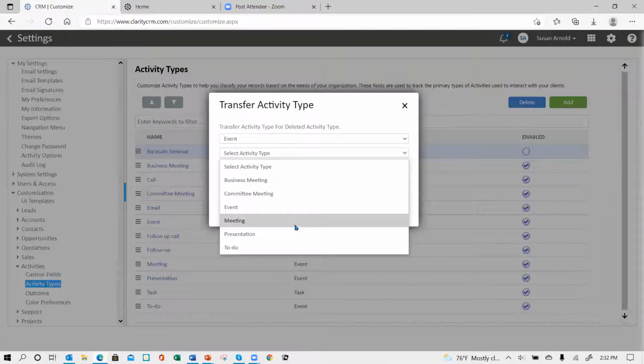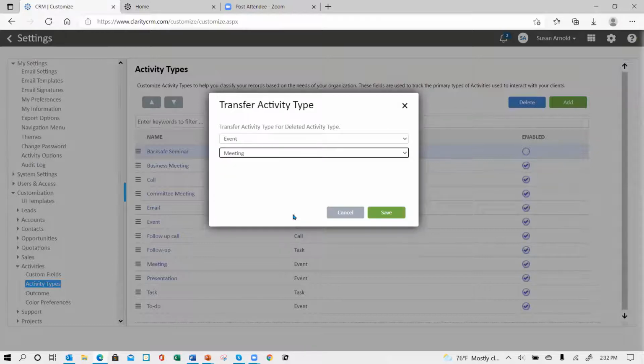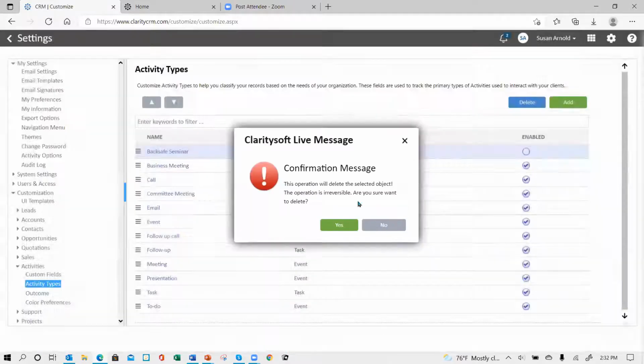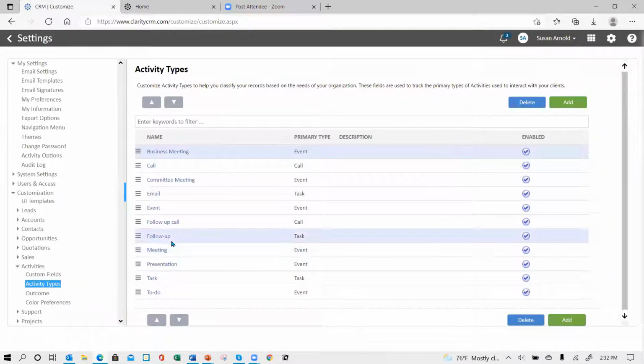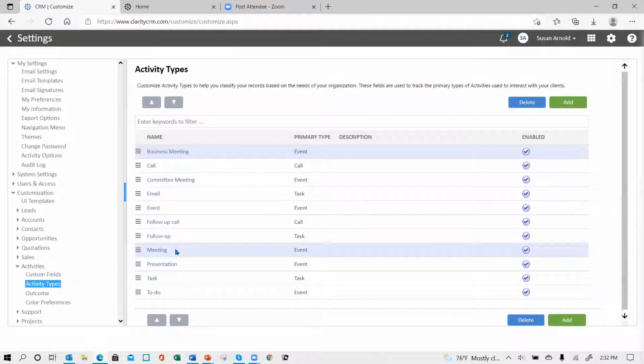I'm not going to do that. Well, no, I'll go ahead and do it. What the heck? And then save it. And then it comes up, it says, okay, I'm going to delete it now because I transferred anything that belonged to that particular activity type to the meeting type. Okay. So that's a protection for you. But again, you can add as many activity types as you need that makes sense to you, and then just assign them to the proper